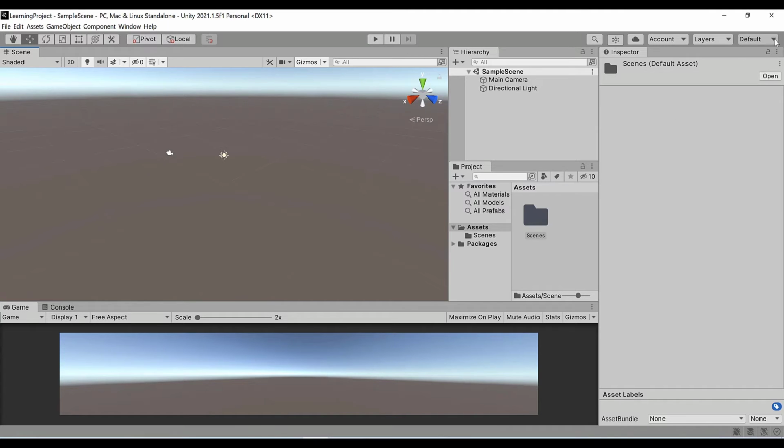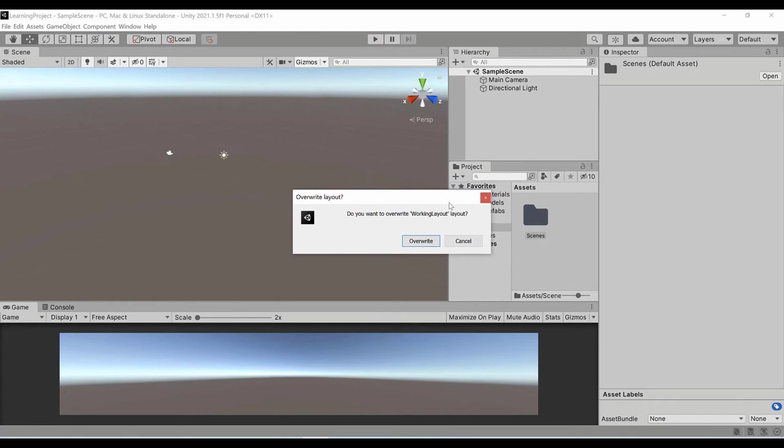into the layout section. Here is this layout section, and there is an option over here called save layout. So I'm going to click on this save layout function. It is going to ask me what name I want to give to save this layout. I'm going to call it working layout. That's my working layout actually, and I'm just saving it as working layout. So if I click on the save button,